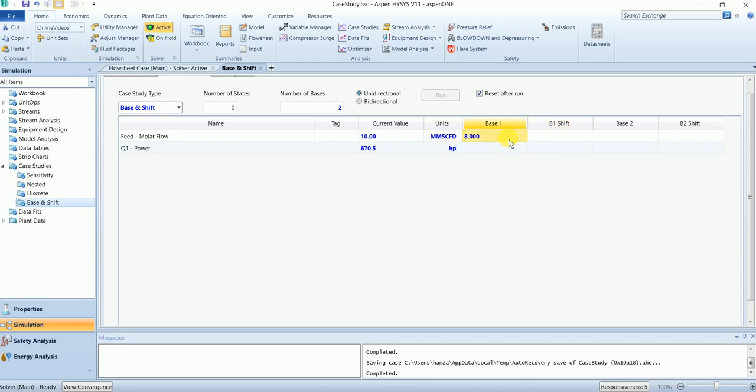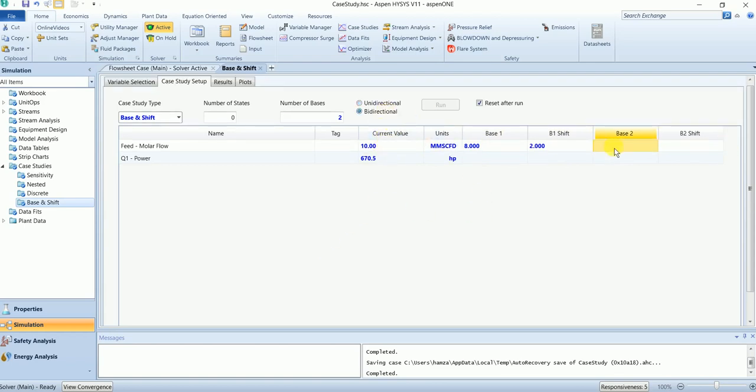For example, I have 8 here and I want a shift of 2 million, bidirectional, and 10, 12, and the shift is 1, bidirectional. For power, you enter 670 base, 20 shift, and 700 base, 20 shift. Run.